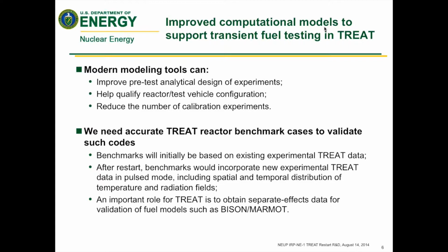So this IRP is seeking applications that will develop evaluated benchmark cases to use in the validation of TREAT modeling and simulation codes. Key data types to include are temperature and radiation field distributions across the core and over a time frame characteristic to the transient. Use experimental data from existing TREAT experiments and new data using the prototype water loop now under development at INL. This IRP scope